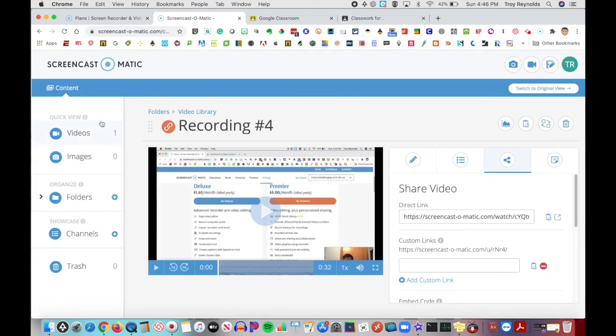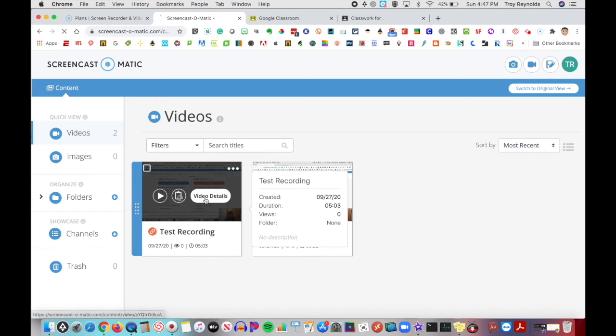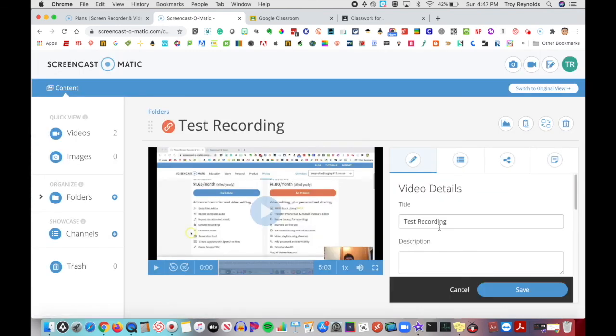You can see here that we are going to go to my videos themselves. So here you go, my test recording. Here are my video details like we talked about before. And that is essentially it for Screencast-O-Matic. So as you can see, there isn't a whole lot extra that Screencast-O-Matic does in the free version. But again, a nice tool, gives you 15 minutes of recording time and gives you the option to share it out directly to Google Classroom, which is also a nice little handy feature if you want a longer video and you want to be able to share it directly with your students for the classes that you have in your